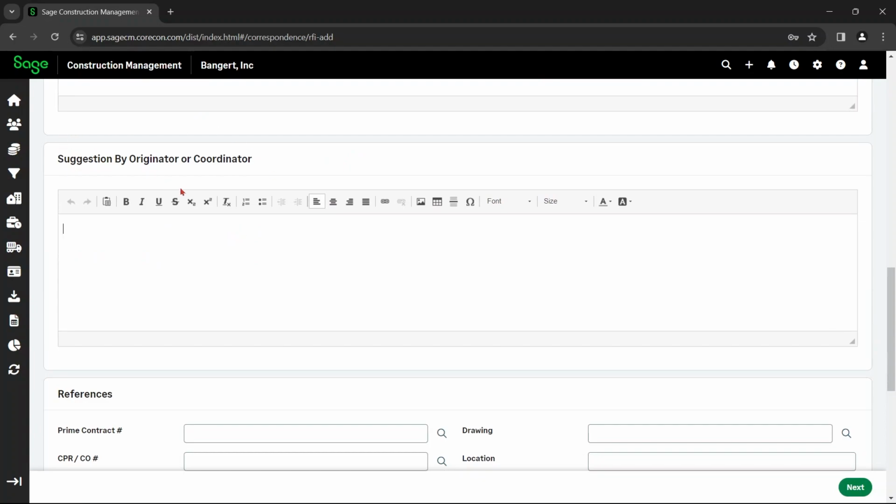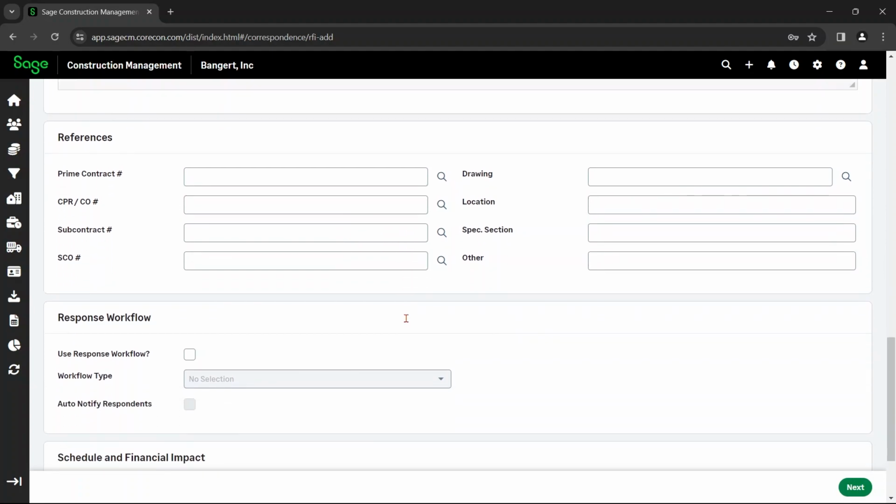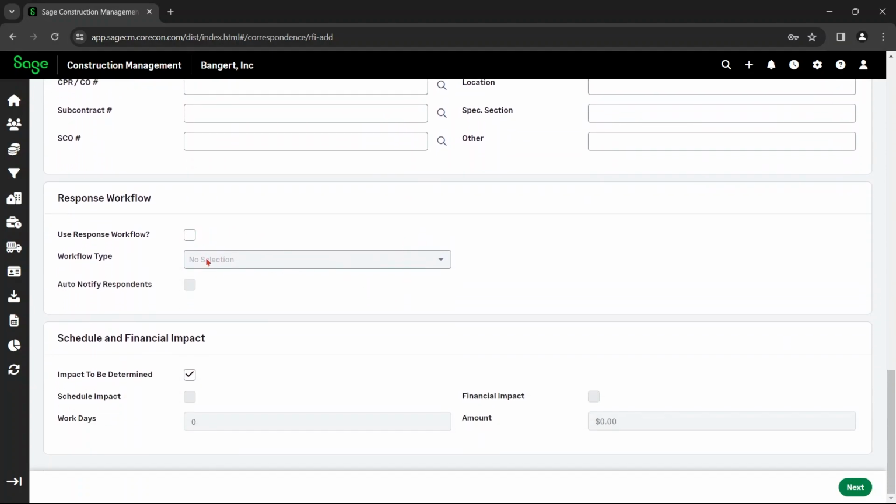You can throw in a suggestion as well. Here you can put references, as in drawings, locations, if this is coming from a CO and what number. You can turn on the workflow response, allowing your respondents to respond to you. And this will auto notify your respondents.